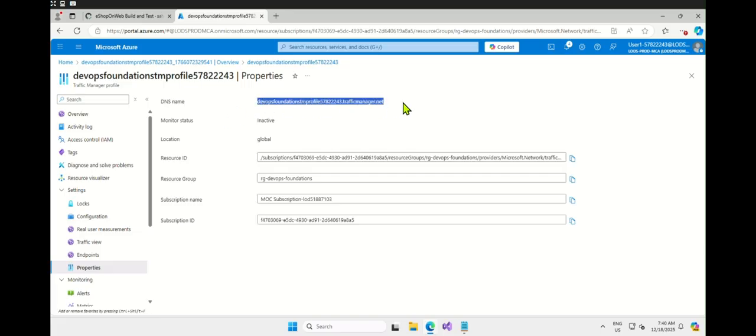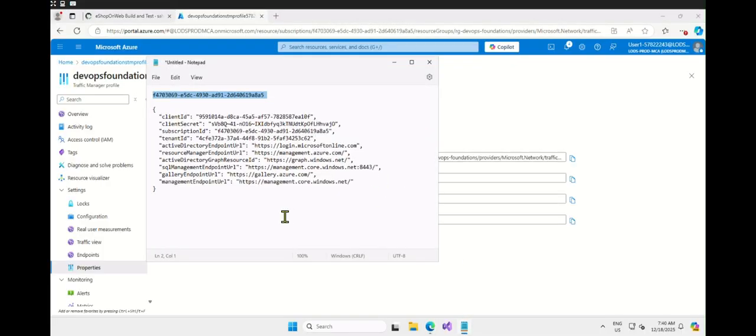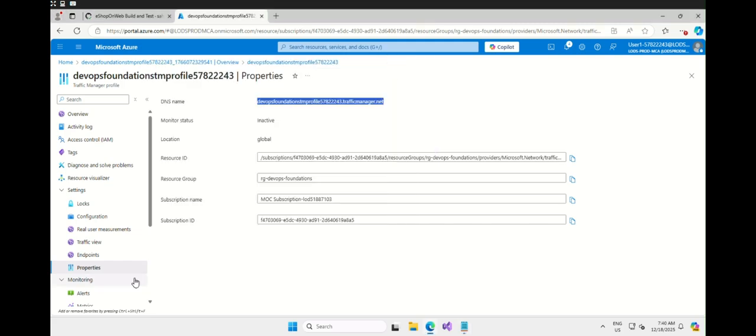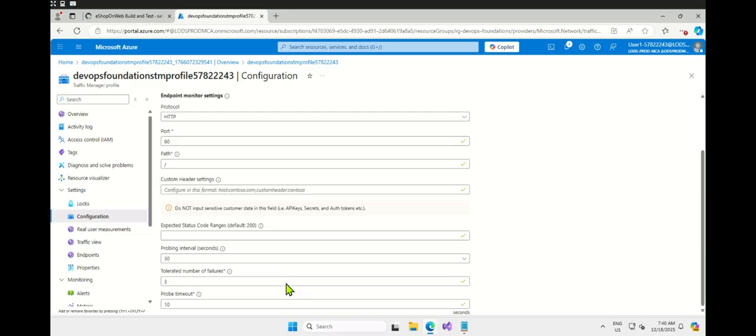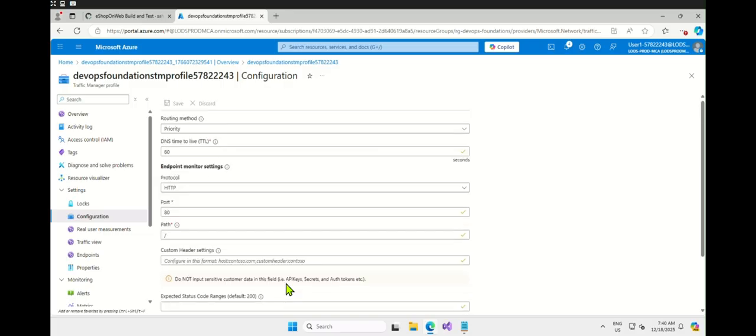This DNS name is going to be required, so let's copy it over here in the notepad. Okay, now we will change the time to live, DNS time to live, which is set to 60 seconds,